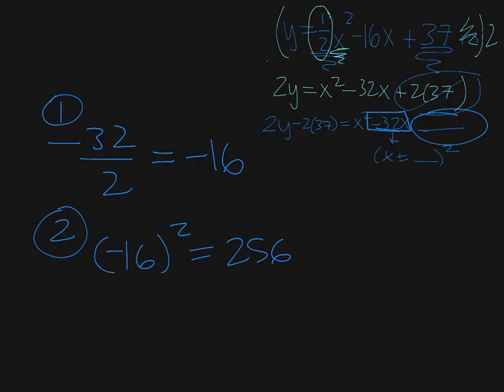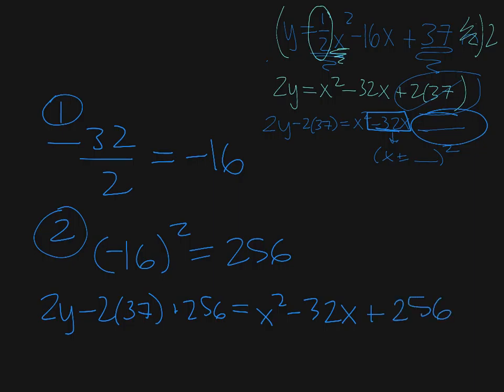Now what you have to do is add 256 to both sides, because remember, if you add something on one side, you have to add it to the other. Otherwise, the equation changes its meaning, and we don't want that to happen. We just want to modify the equation so it can help us get into vertex form and complete the square. To add to both sides, you get 2y minus 2 times 37 plus 256 equals x squared minus 32x plus